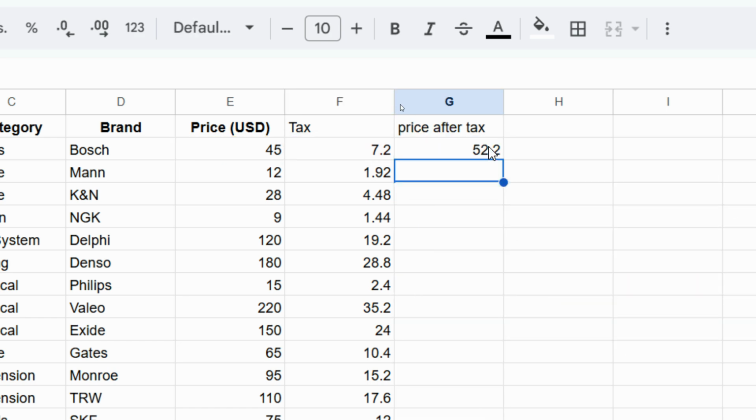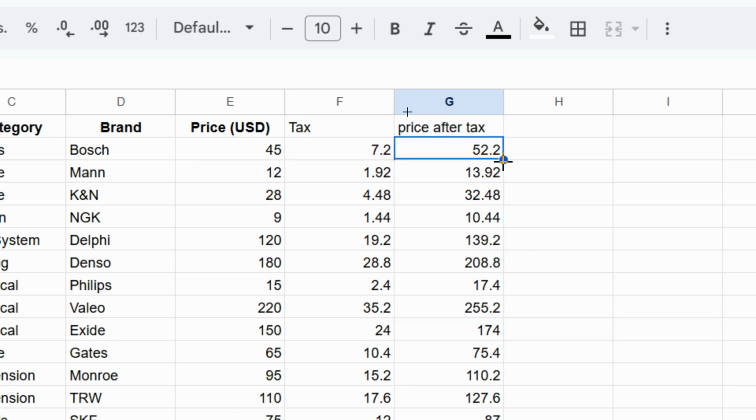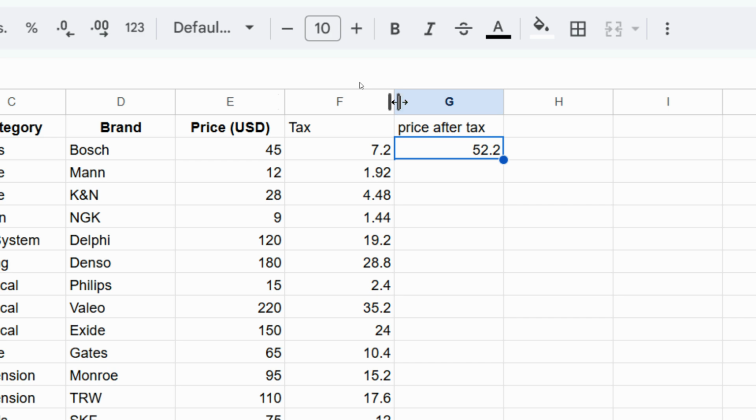Even if it doesn't show this, we are still able to double click to send it down. Okay, what next? Let's say that we have multiple columns that we want to add up together. For example, after that, there is some discount as well. For example, we have 3 to 4 columns. So what we can also do is, if they all need to be summed up, we just use equals to